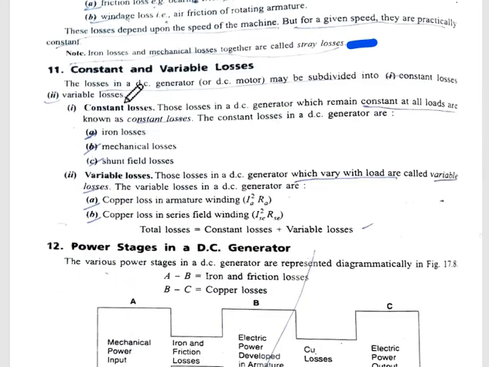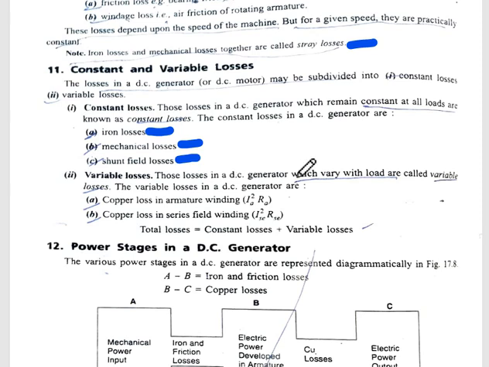Constant and variable loss. The losses in DC generator may be subdivided into constant loss and variable loss. The constant losses में होते हैं आयरन लॉसेज, मैकेनिकल लॉसेज और शंट फील्ड कॉपर लॉसेज। ये डीसी जनरेटर में कांस्टेंट होते हैं। और वेरिएबल लॉसेज में होते हैं